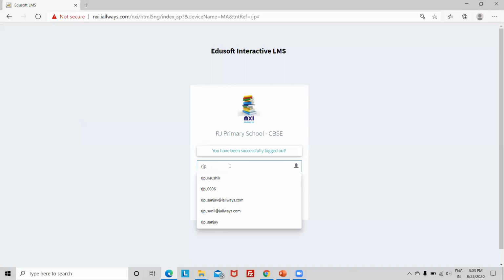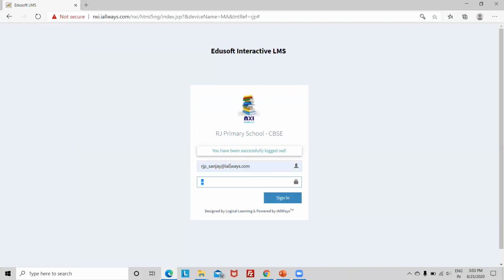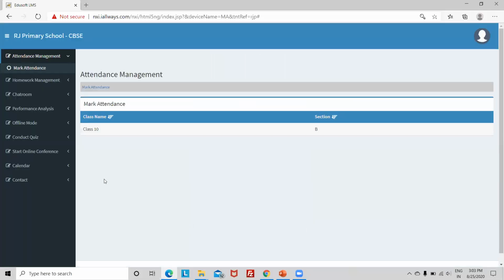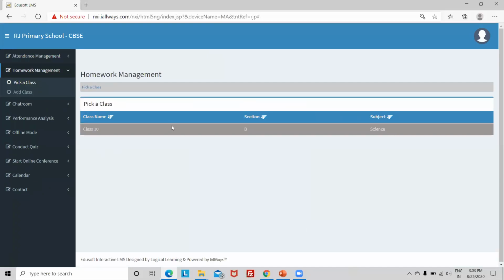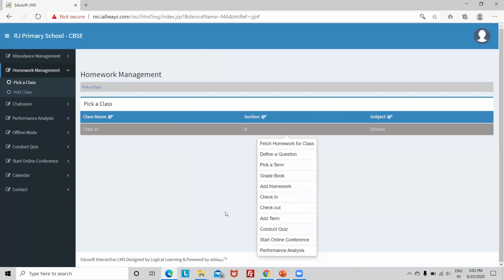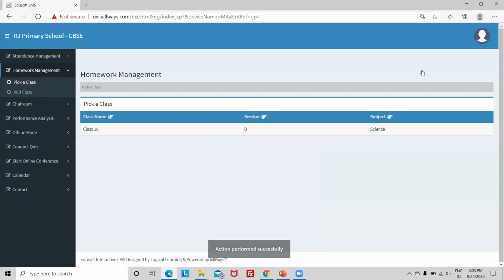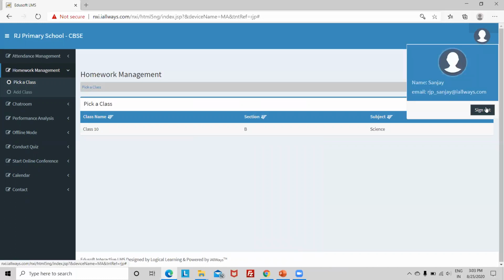The next feature I'll show you is check-in, check-out. Suppose I am doing check-in to the class, so I am actually taking that class. Before taking the class, I have to do check-in. So suppose the teacher has checked into a class, and I log in as admin,